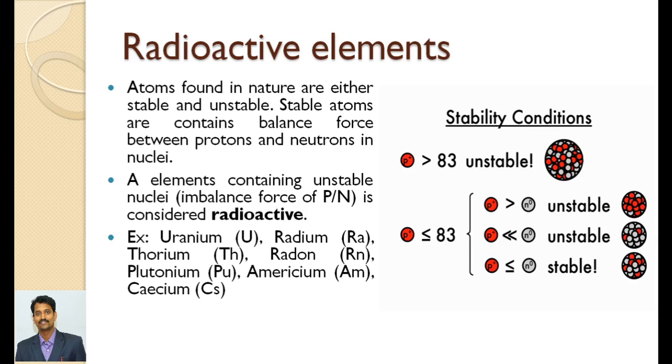But in certain elements, the proton number and neutron number within the nucleus are unequal. Either the protons outnumber the neutrons, or the neutrons outnumber the protons in the nucleus. In this situation of unequal numbers, the nucleus will try to convert into a stable form, and among each other will emit radiation by eliminating one electron from the outer part. Even eliminating one electron results in radiation emission, but the same nucleus